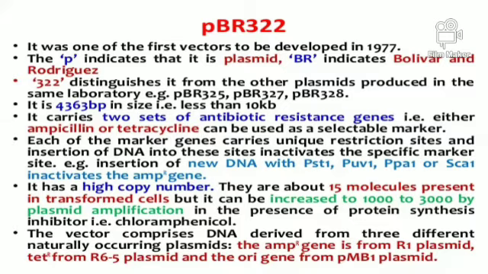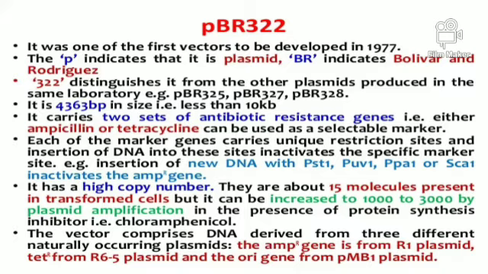So once you insert the DNA inside that vector, it must be amplified into a number of different copies. It may be 1000 to 3000, but at the same time protein synthesis may be there, and the inhibitor used for protein synthesis is chloramphenicol. If you want to stop the protein synthesis, you use chloramphenicol, which is an antibiotic and a protein synthesis inhibitor. So plasmid amplification easily takes place inside the vector.